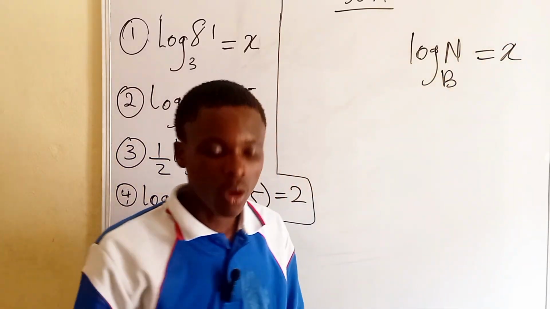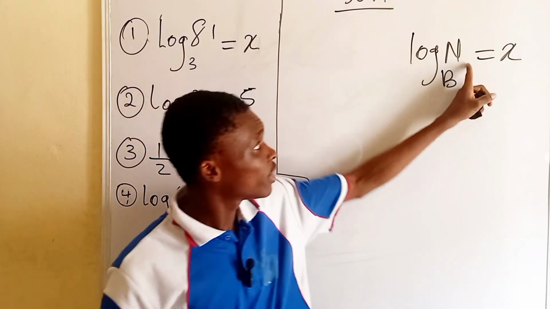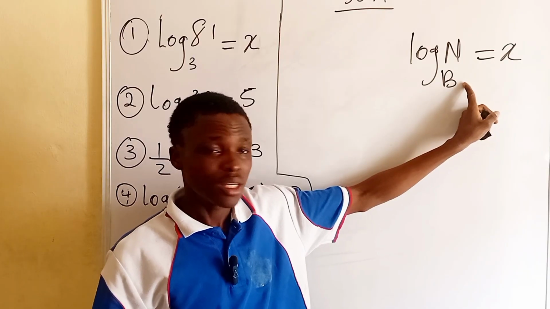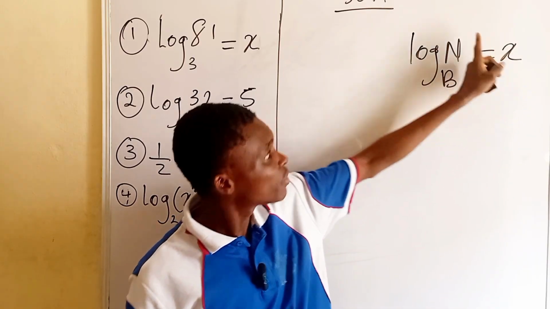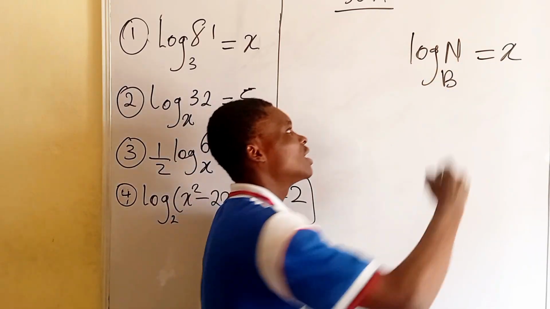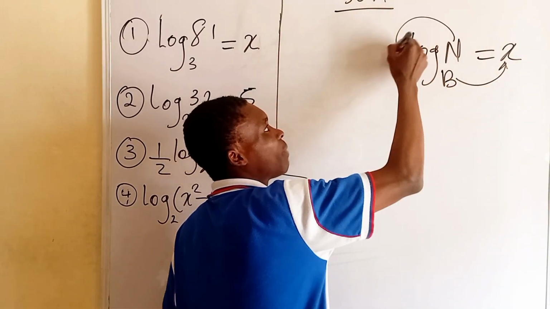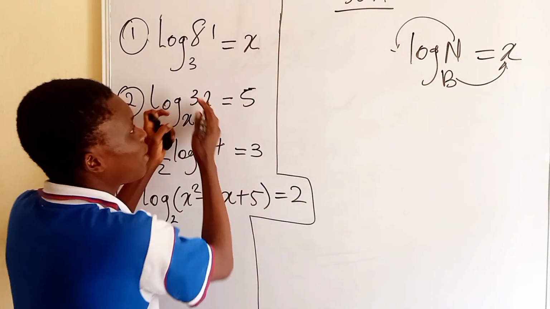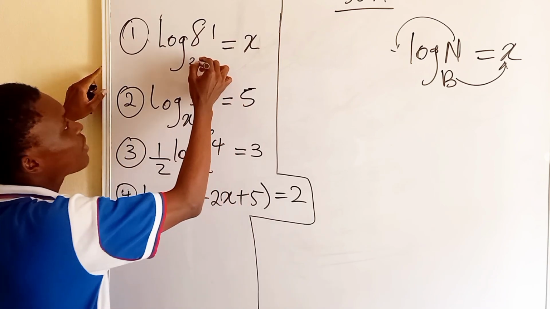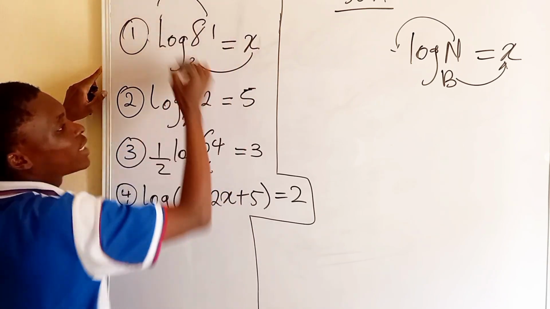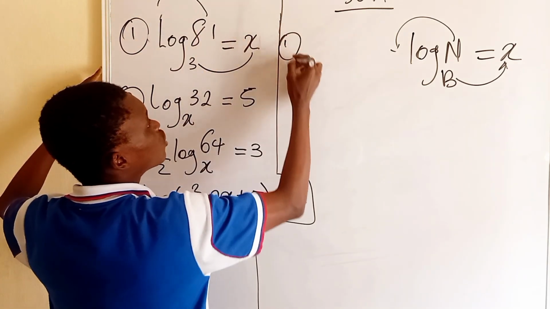You must obey the law of logarithm, which states that the log of a number to a certain base b is the power to which this base must be raised to obtain this number. That is, this b is going to pick this one and this one is coming backward. So let's apply the rule here. From here, this 3 is coming over here and this one is going like this. So from there, we have, that's number 1,